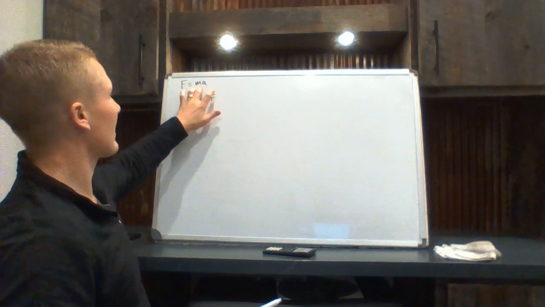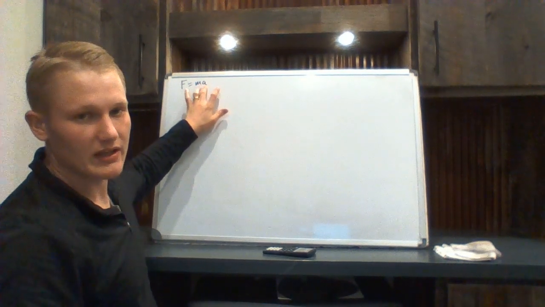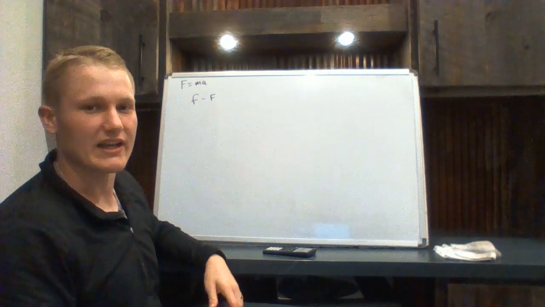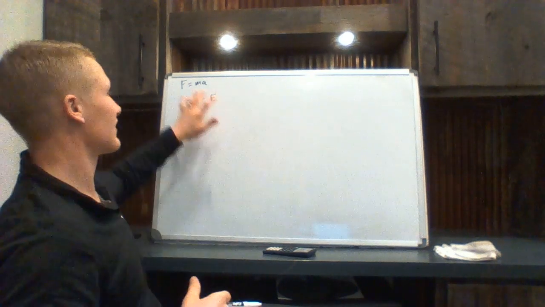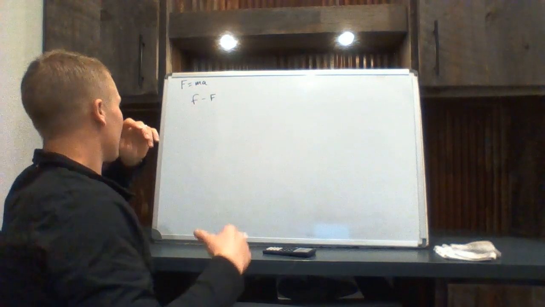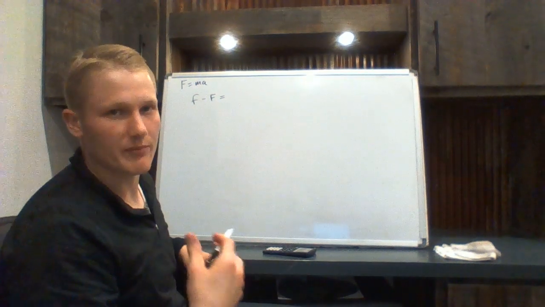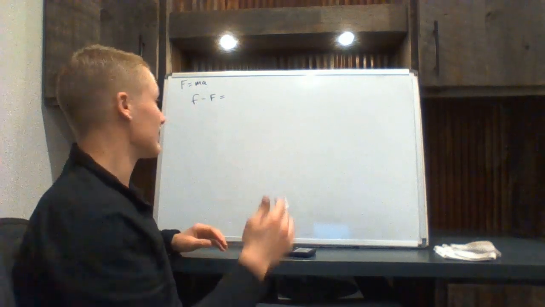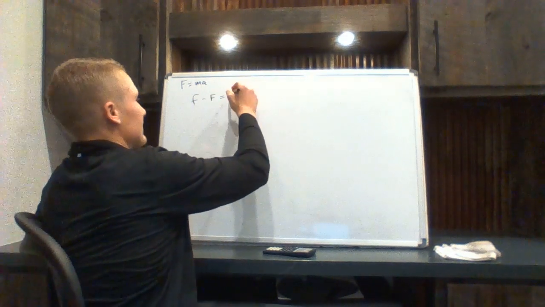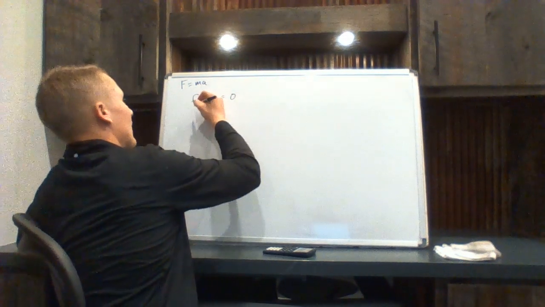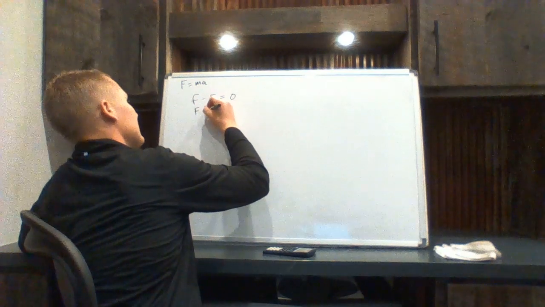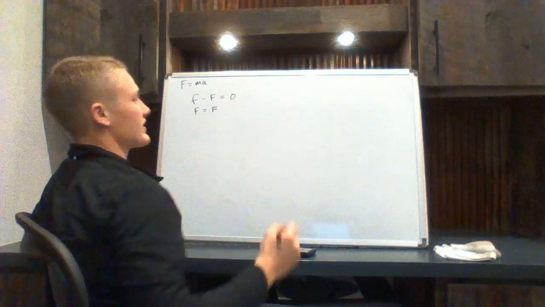This would be the mass of the glider, this would be the acceleration of the glider, and F is the net force on the glider. And we want it to not bounce back. We want the acceleration to be 0. So when our acceleration is 0, this just comes out to 0, which means